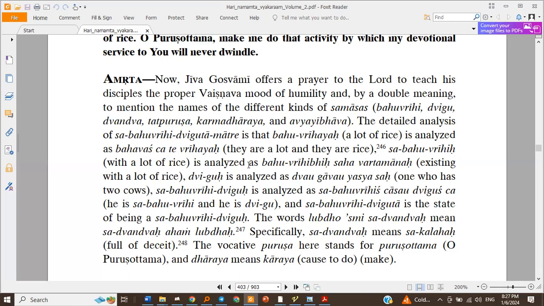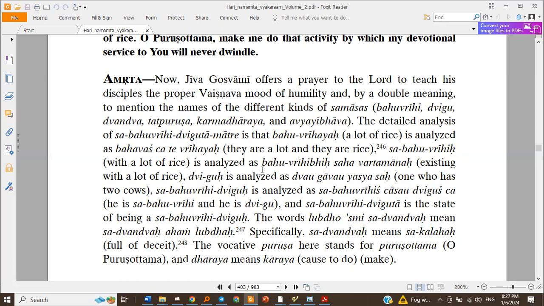Kartikeya, brother of Lord Ganesha, one of his names is Shanmukha. He has six mouths. Or like Ravana is Dashanana, ten faces. All these are examples of Dvigu, where we can see the numerals Dasha, Shat, and so on. Panchanana, I think Lord Hanuman, Lord Shiva, someone is Panchanana also. Sadashiva. So whenever we see such numerals, they fall into this Dvigu Samasa category.